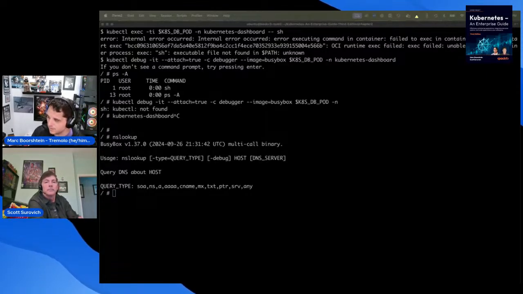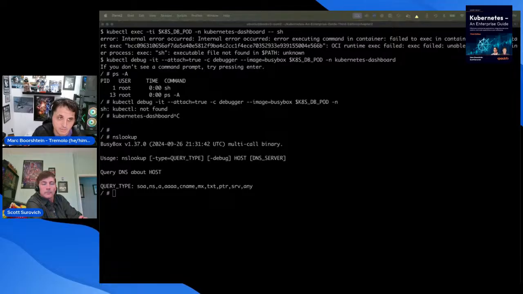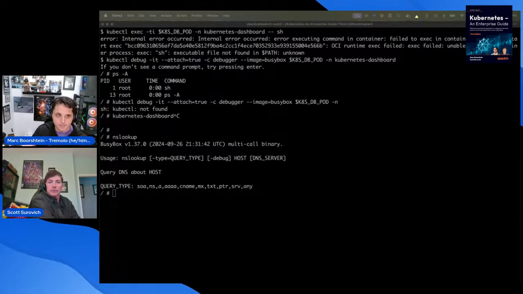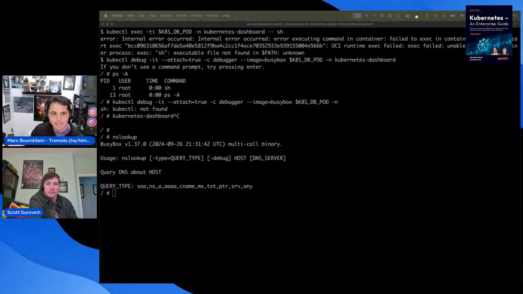And finally, before we get back into our labs, the difference between PSP and Gatekeeper or other authorizers is that with PSPs, you could define a blanket policy and say, hey, I want this to be the policy for everything, and then create exceptions for namespaces.